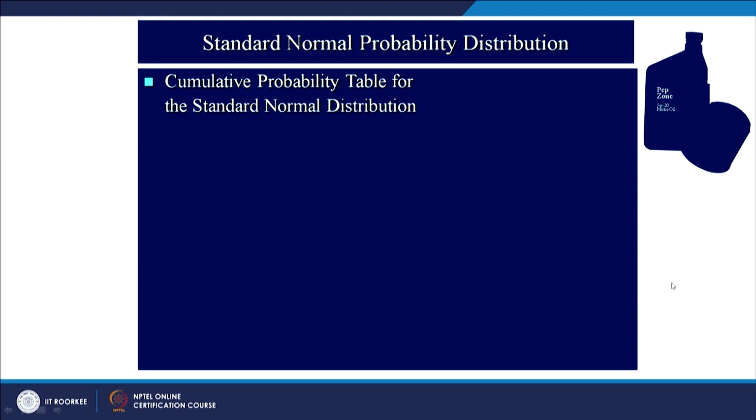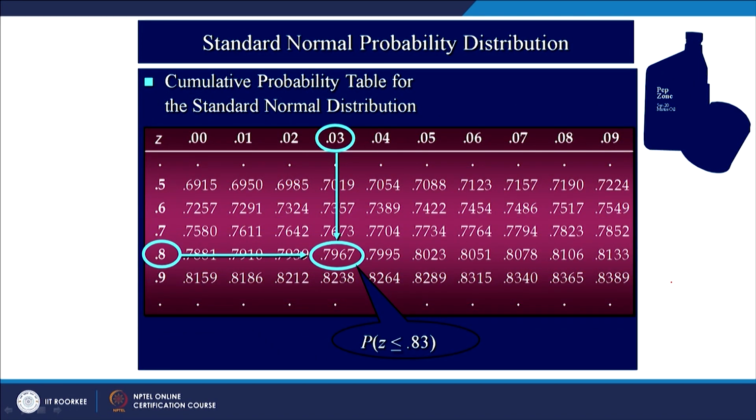So, what is the z value? Once again let us look at 0.83. This is how you can calculate the area under the curve. So, z is equal to 0.8 and 3, right. Just once again, 0.8 and 0.03, so it becomes 0.83. This is how you should calculate probabilities under the curve when z is 0.83. So, this is 79.67.